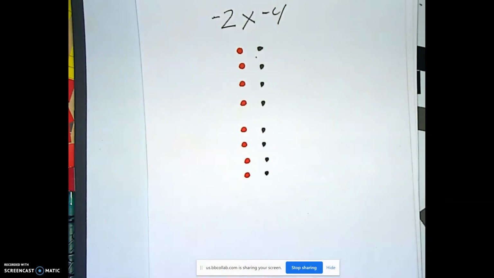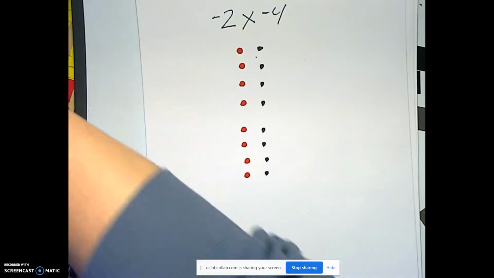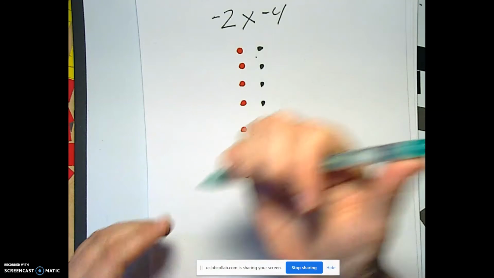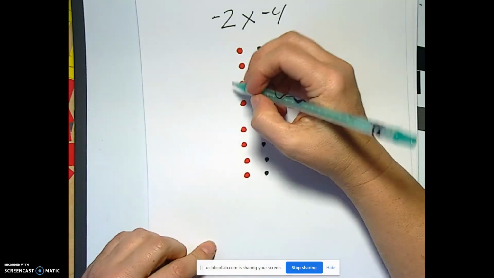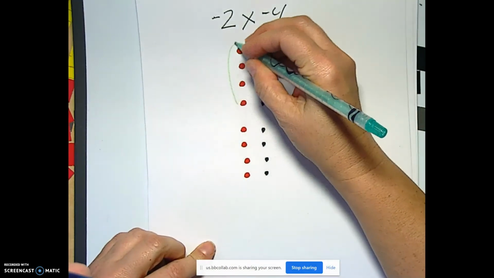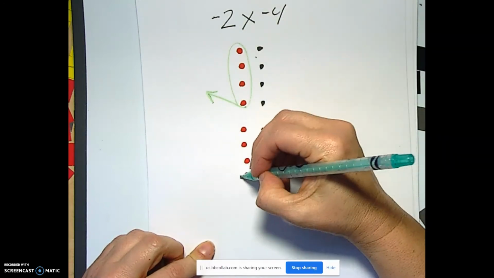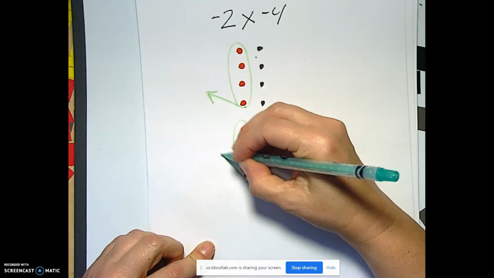Okay, so I had to make sure that there were two groups of -4 to take away before I could take them away. So now we have two groups of -4, so I need to take them away. I think I was using green for take away last time because it went somewhere. Maybe that's what it was. And it's harder for me to do it when it's this way, but whatever. So we're going to take away one group of -4,